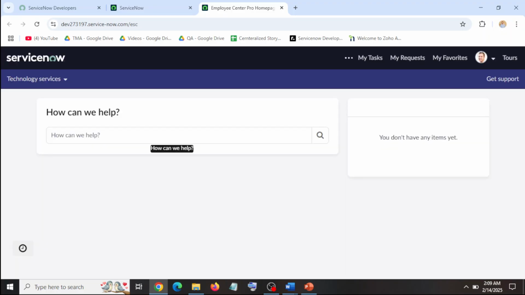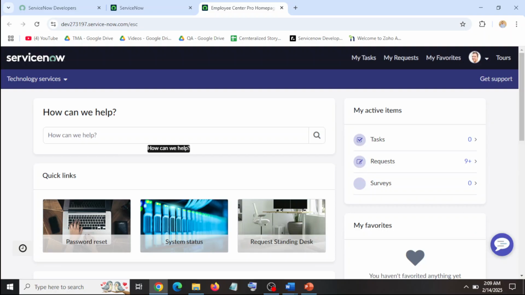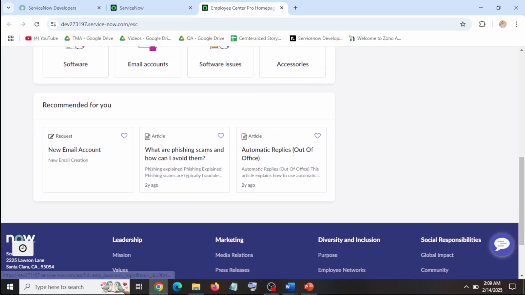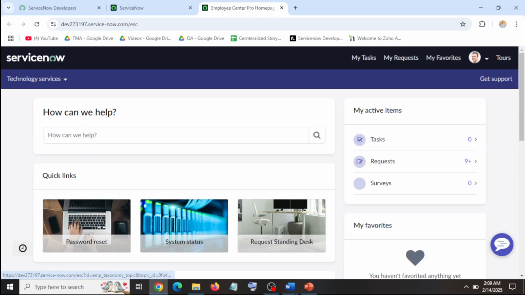So from this self-service portal, we can also create different cases. So these are the different ways of creating the cases.